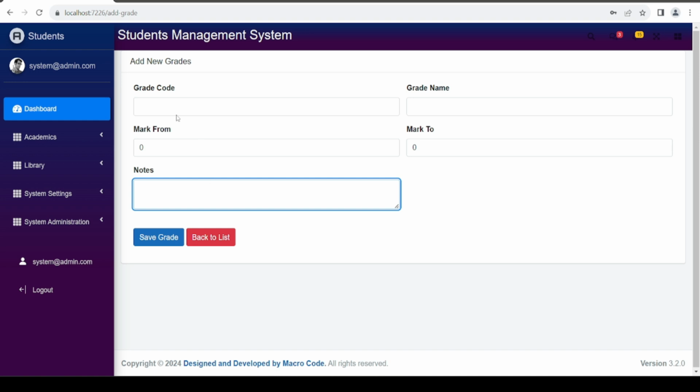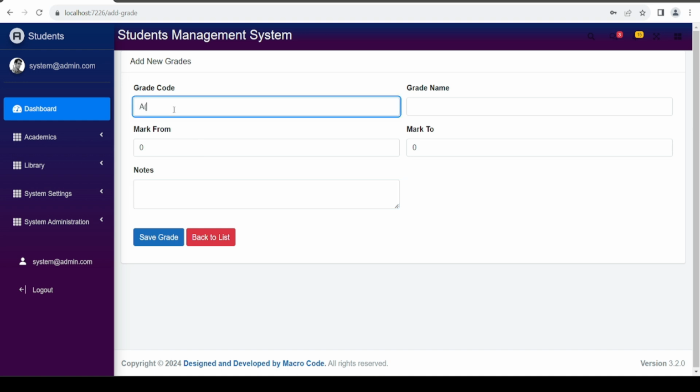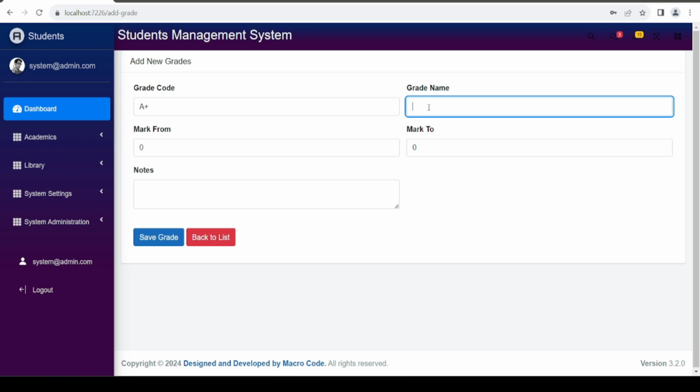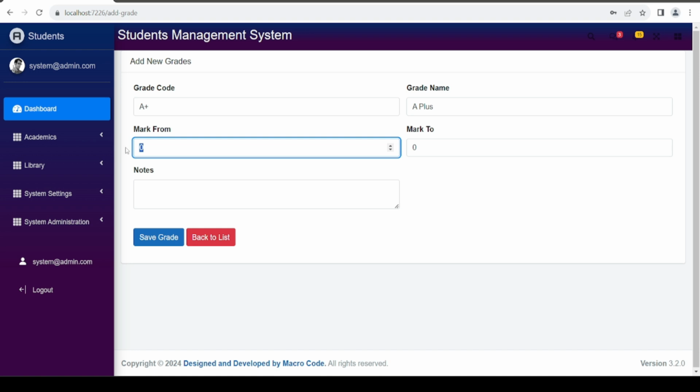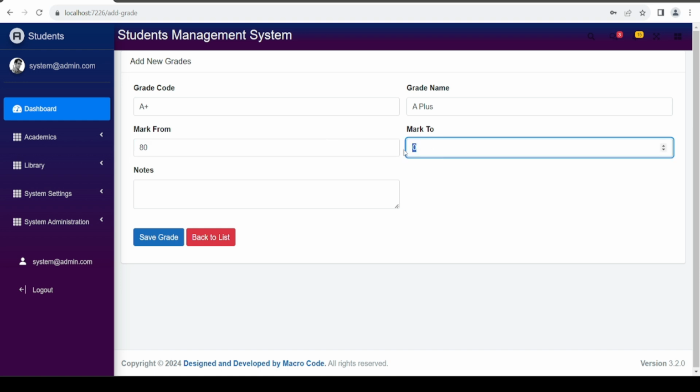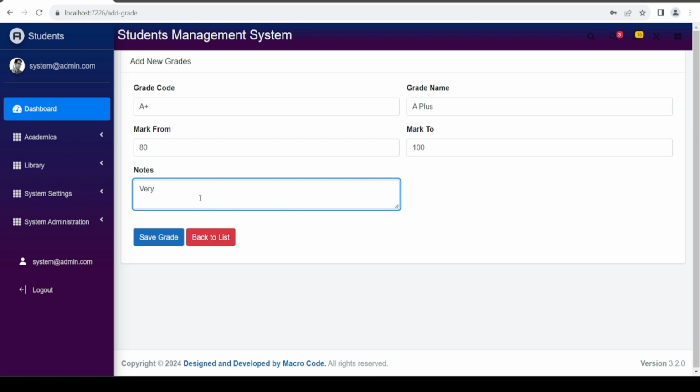So the first thing we can say, our grade code, we can say A+. Where is my plus? A+. So that is our first grade code. Our name should be, we can say A+. Then mark from, for you to get an A+, you must have scored 80 up to 100. Then you can say excellent. So if we do that and click save,